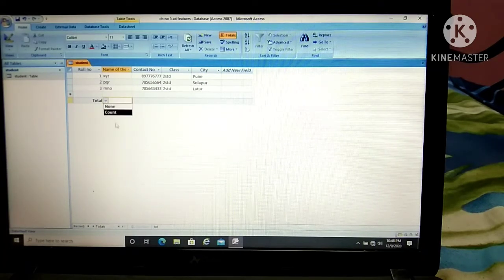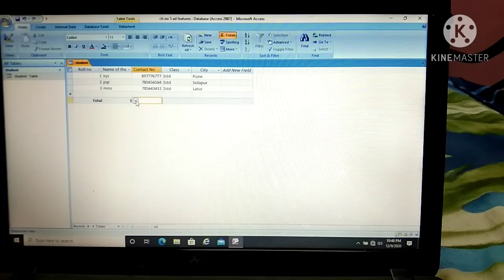If I want a count, how many rows there are, I can count, or I can select the None option. If I click on None, nothing will come, and if I want to count, you can count. So how many records are there? 3, right?